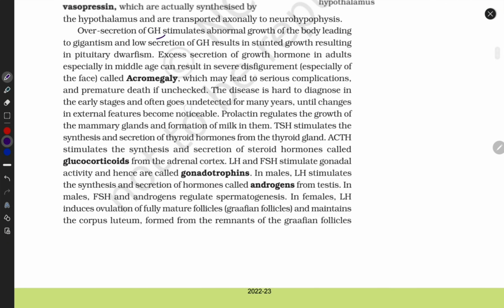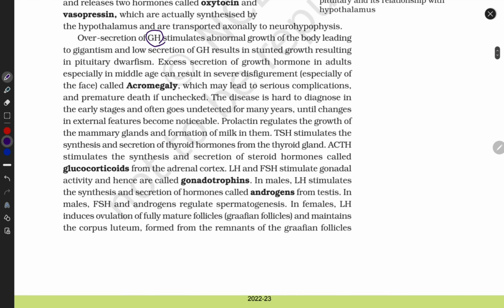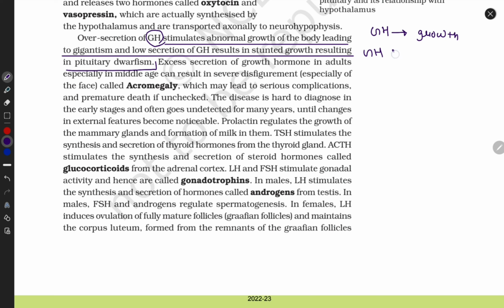Now we are going to study growth hormone in detail. Growth hormone stimulates growth of the body, and excess leads to gigantism, while low secretion of GH results in stunted growth, resulting in pituitary dwarfism. What they want to say is that growth hormone is responsible for growth, but if growth hormone secretion increases,